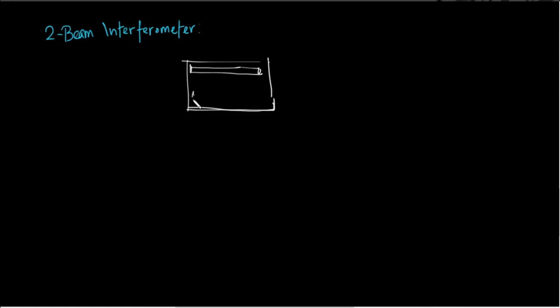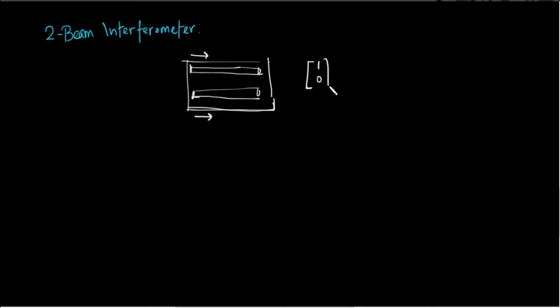That has two channels for light to pass through it. Light can pass through this channel or it can pass through this channel. So the photons can pass through either the upper channel or the lower channel. If I send one photon, it can be in the upper channel or it can be in the lower channel. If the photon is in the upper channel, we say that the state of the photon is